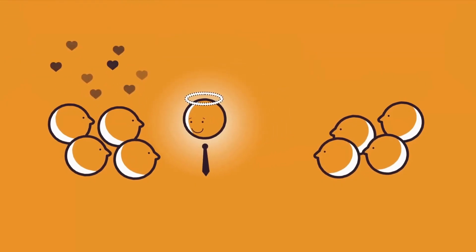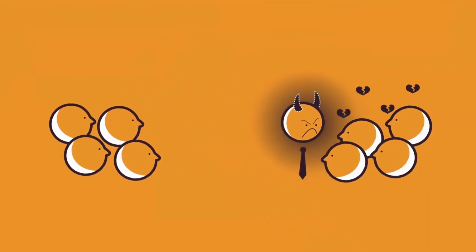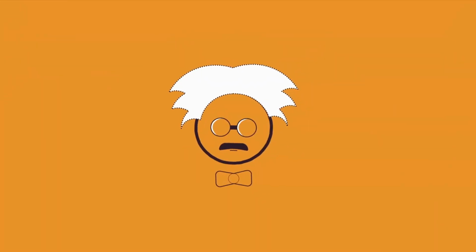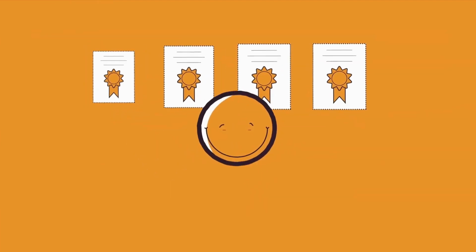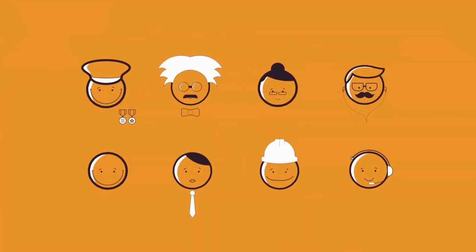Idea number 2, fairness. The thing that erodes trust in an organization faster than anything else is when employees feel that they're being treated unfairly. Employees want to be treated the same, regardless of their rank or their tenure or their age or their experience or their job category compared to anyone else.